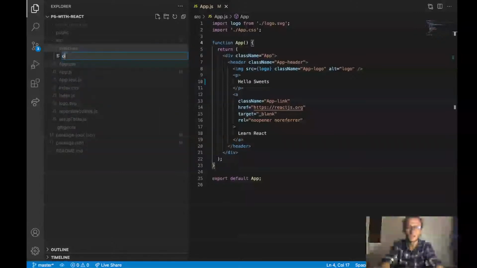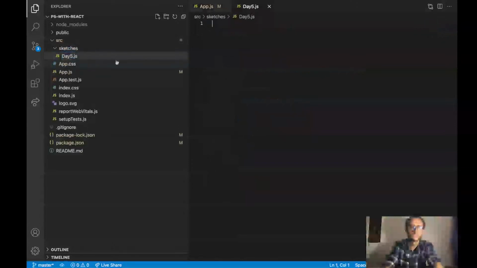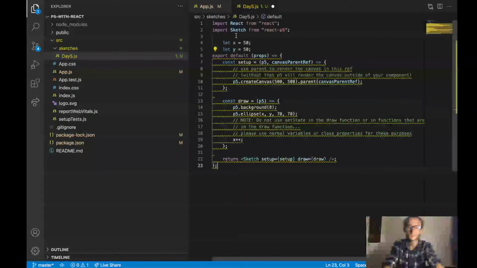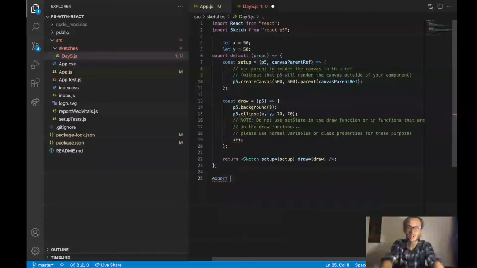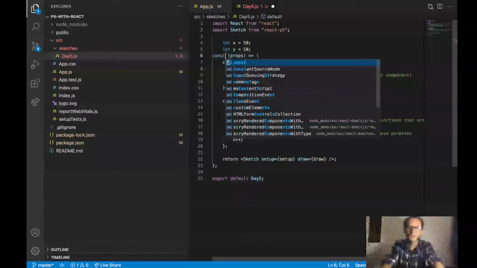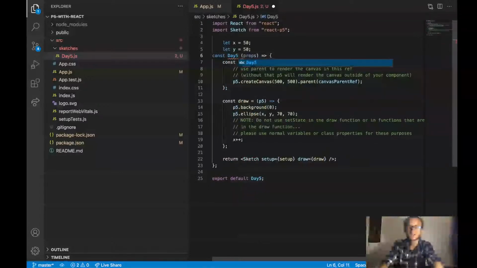I think today's day 5, so we're going to call this day5.js. And I'm going to make it with a capital D so that it mirrors what people would expect. And now I'm going to paste everything in here. It still doesn't like what we're doing, so I'm going to change around how we're exporting a little bit. Down at the bottom of the file, I'm going to say export default day 5. And now I'm going to change this declaration to a const day 5 equals, and now we've gotten rid of